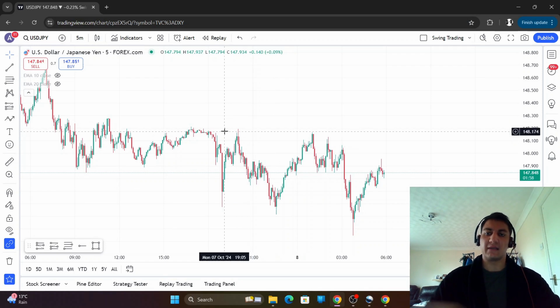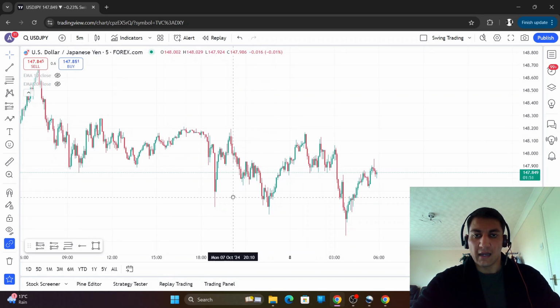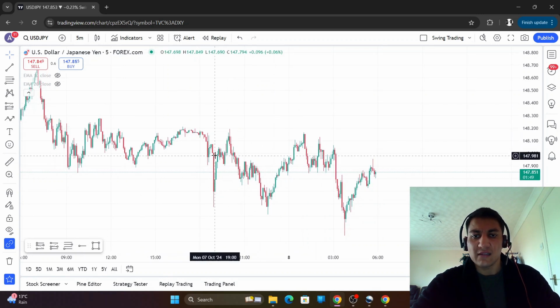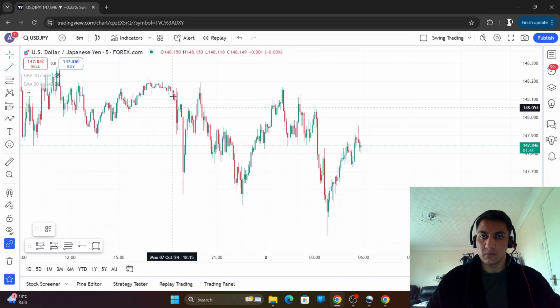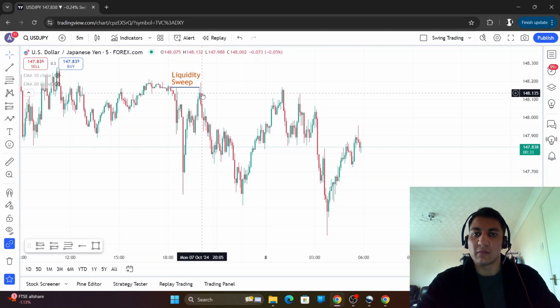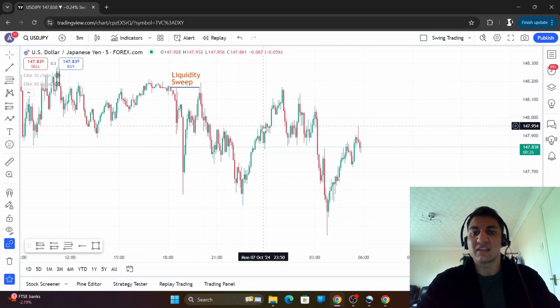Okay, I'm on dollar yen now, and Asia session is literally right here, 8 p.m. all the way down to around midnight. And we're bearish on the yen, so we're looking for any sort of liquidity sweep. And if you look at this wick here, you look at these highs here, here's our liquidity sweep, right here. These highs here. So we've had our liquidity sweep, and the reason you can tell it's a liquidity sweep is because we had these wicks. See these wicks here? We've wicked in, taken out liquidity, and we've quickly moved.